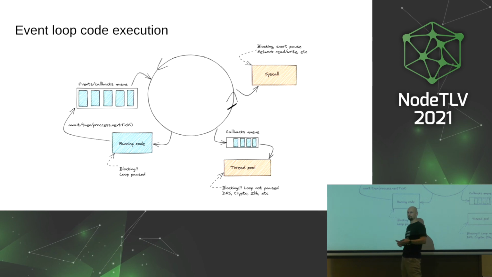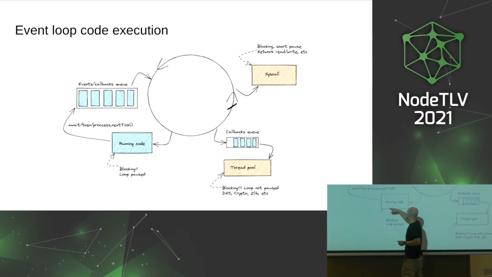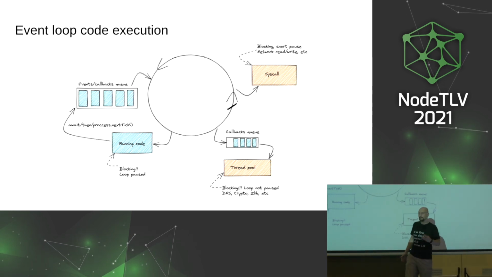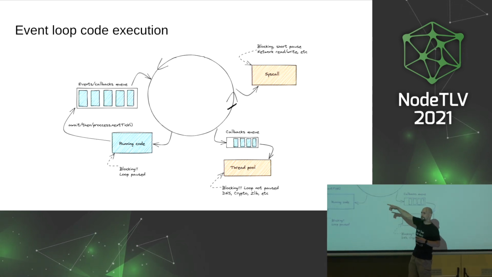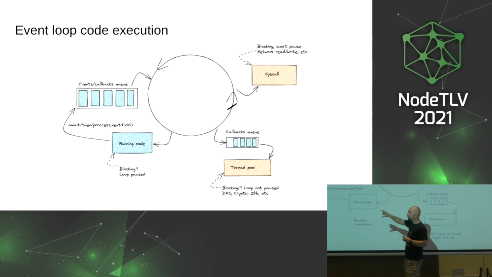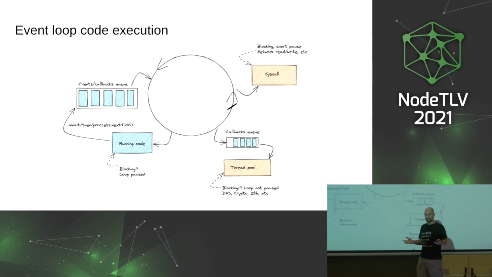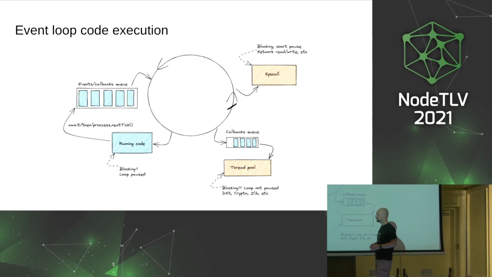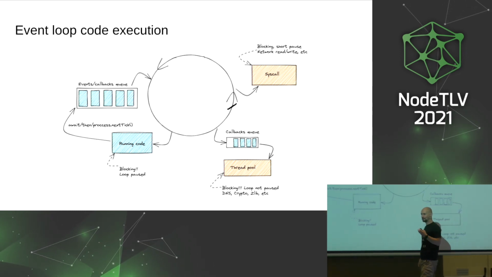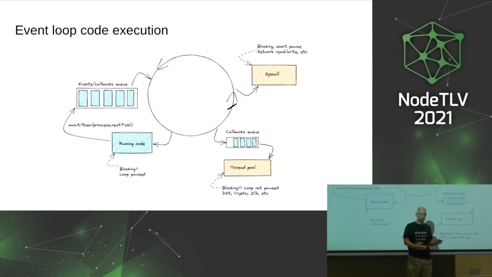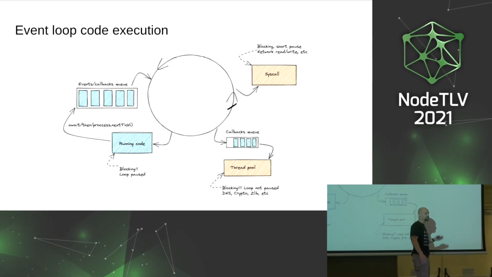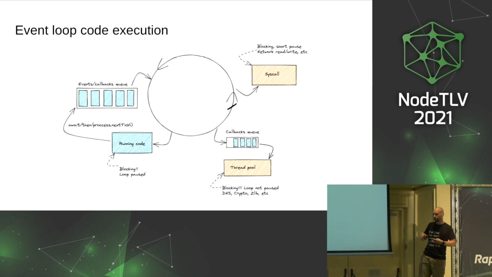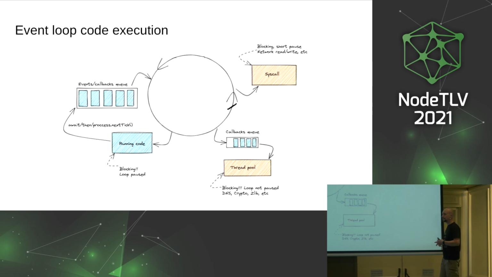This is like we took one phase and we enlarged it. So when your code is running and you have some callback, maybe you're doing an await, or maybe it's a promise then, doesn't matter, the callback goes into the event callback queue, okay? And it's waiting there until the event loop has drained the queue enough so it gets to that particular callback and runs it. But it takes time. How much time? Depends on how busy the event loop is, okay? And this is what is known as event loop lag.